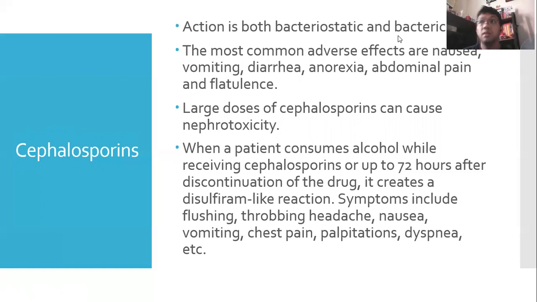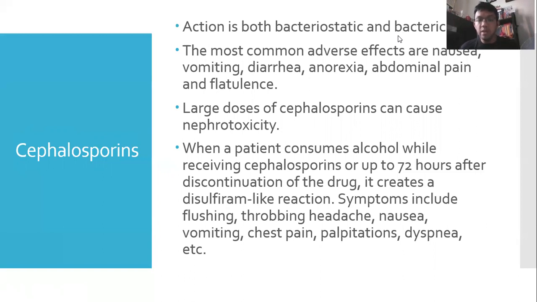Or else, let's say today is the last day of taking cephalosporins and they decide to take an alcoholic beverage such as brandy or gin the next day, they will still have a disulfiram-like reaction. Disulfiram is a drug that is used to treat alcoholism. We'll go to that later on once we are in